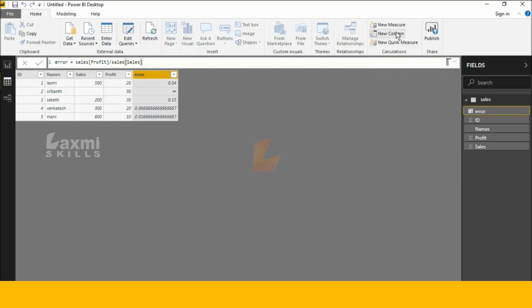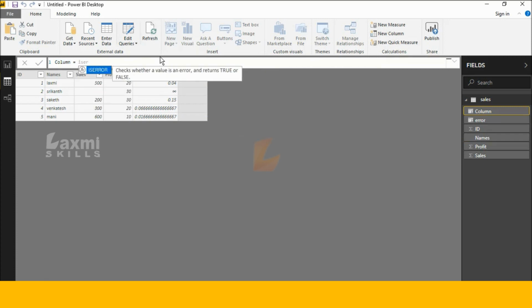the ISERROR DAX function. Click New Column and type here ISERROR. See this here: it checks whether a value is an error and returns true or false. Okay, let's check this function. Let's